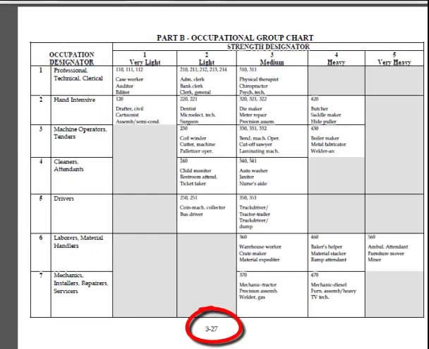This chart is on page 3-27 of the schedule. It will not have to be referred to in the rating process, but it's used here to explain how the group numbers came about. The schedule divides the labor market into only 45 numbered occupational groups. Each group is assigned a 3-digit code